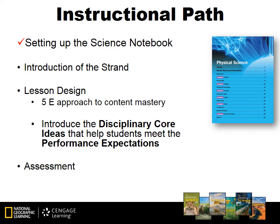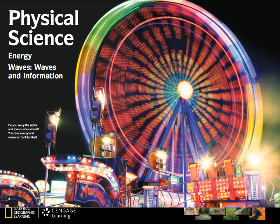Now that we've seen how to set up the science notebook, we'll take a look at how the strands are introduced. There are 3 strands, as I mentioned, within Exploring Science. Each strand, physical science, life science, and earth science, is introduced and presented to students at point of use, utilizing related photographs and images. When we introduce a strand to students, it will always be a 2-page spread. Here's what the physical science strand looks like in the student book. Although the page looks very basic in appearance,